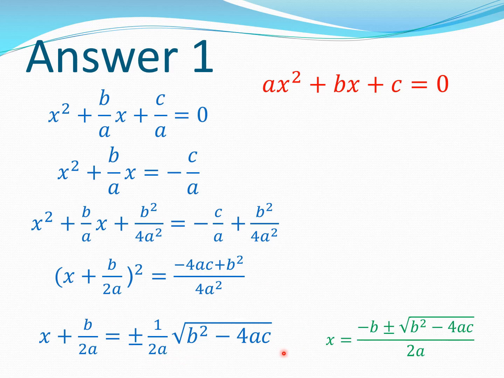Now at this point, what I can do is I can take the b by 2a term to the right hand side, which I do here, and so I get x is minus b plus minus root b square minus 4ac by 2a. Now most students have this committed to memory, or they should have it committed to memory, because quadratics crop up every now and then and you need to know the solution, but now you also know how